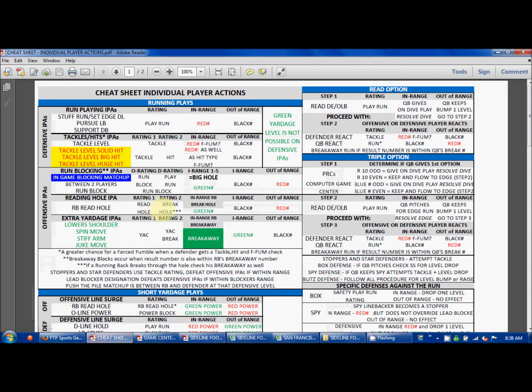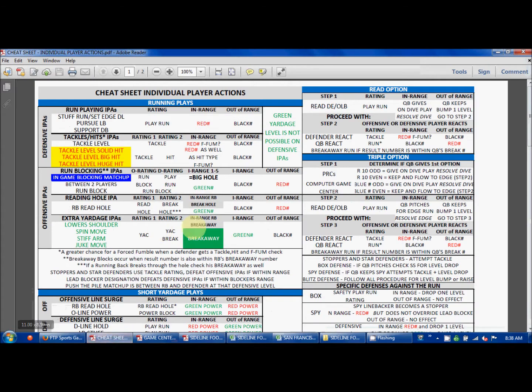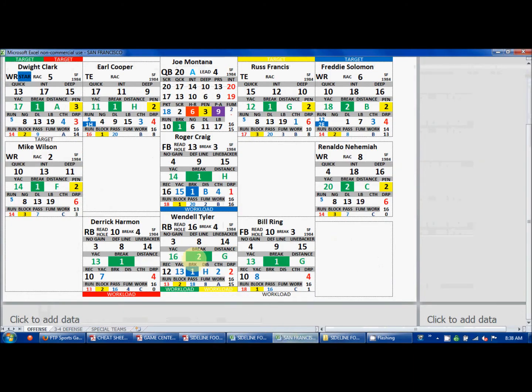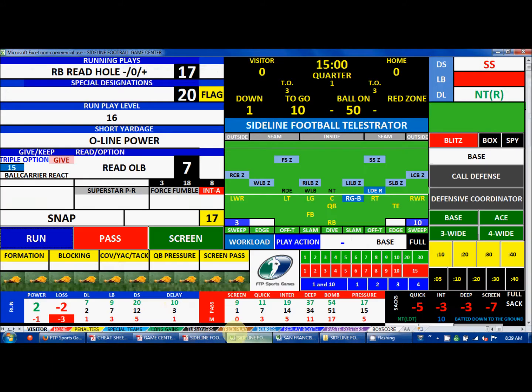We go back here, if it's looking back at Tyler's card, he has a read hole rating of 16. If the number 1 through 20 used to get the result of the play is 18, for example, then you use the red number. And on a dive play, that then corresponds to the level that he got to. Let's say the level he got to was the defensive line. Well, when we look back, since he didn't read the hole effectively, in this example, then on a dive play,